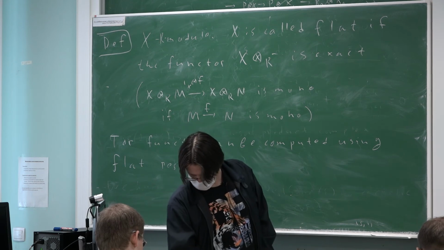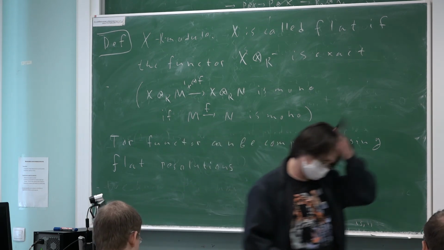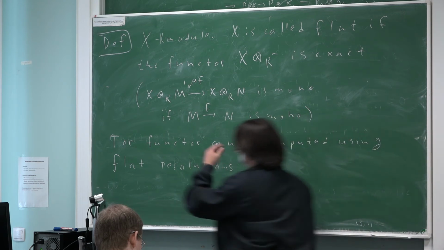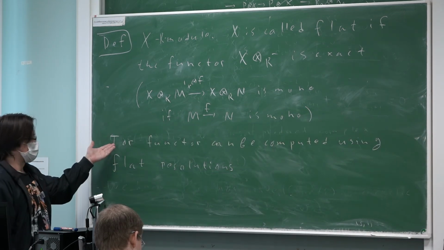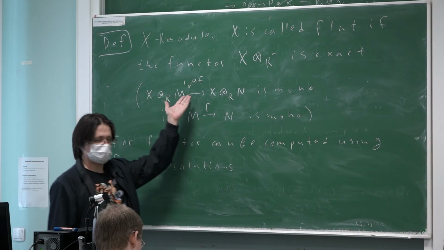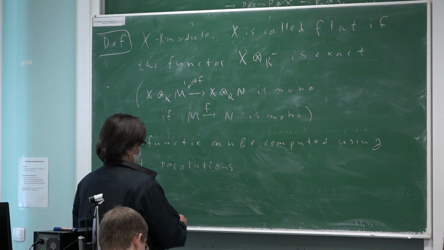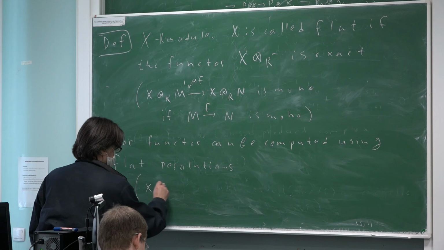Projective modules are, of course, flat. Sorry, I have used some fact that was proved in seminars, but it's not a very difficult fact that a module X is flat